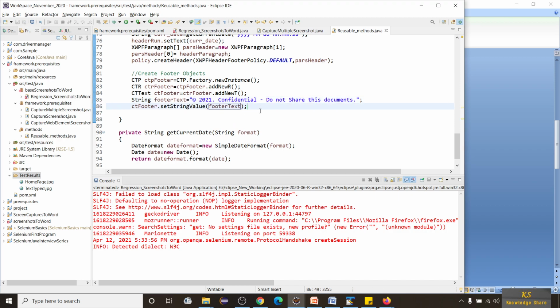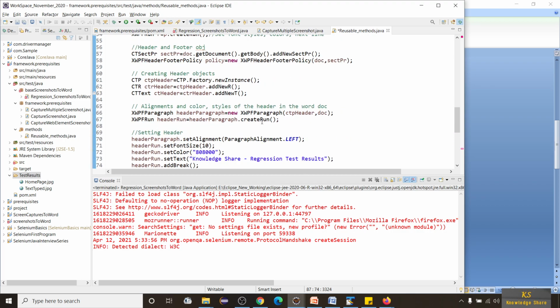Once it is done, we have to take again this XWPFParagraph, and I'll call it footerParagraph is equal to new XWPFParagraph, and this time we have to pass our CTPFooter, comma doc which we created. So I'll show you that syntax here.